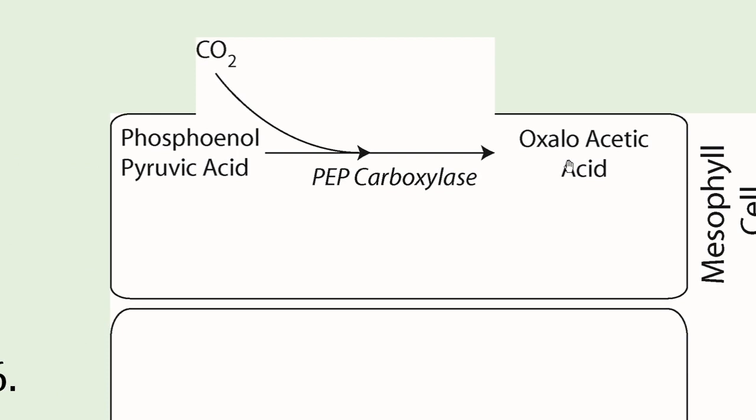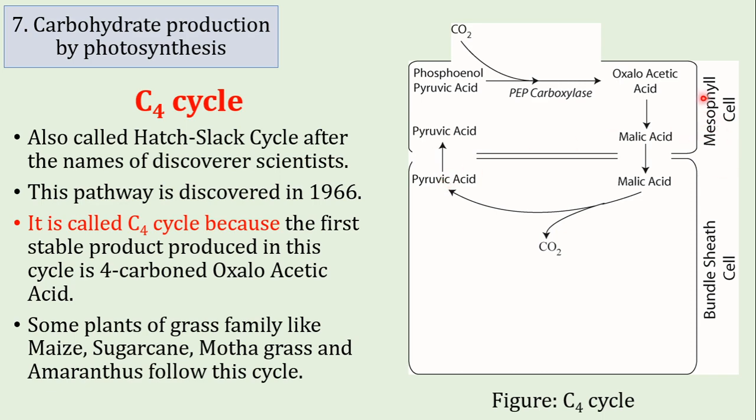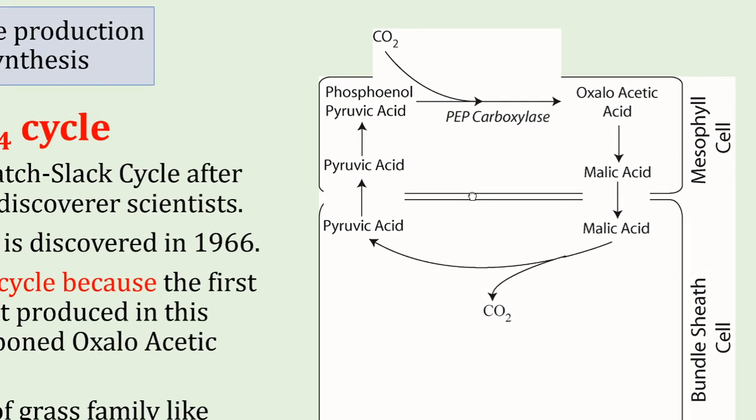So the first stable product is oxaloacetic acid, and this oxaloacetic acid turns into malic acid, and then it travels to the bundle sheath cells, and then this malic acid is converted enzymatically to produce pyruvic acid, a 3-carbon compound. So a single carbon is lost in the form of carbon dioxide, and this carbon dioxide is released in the bundle sheath cell cytoplasm, and this pyruvic acid then returns to the mesophyll cell